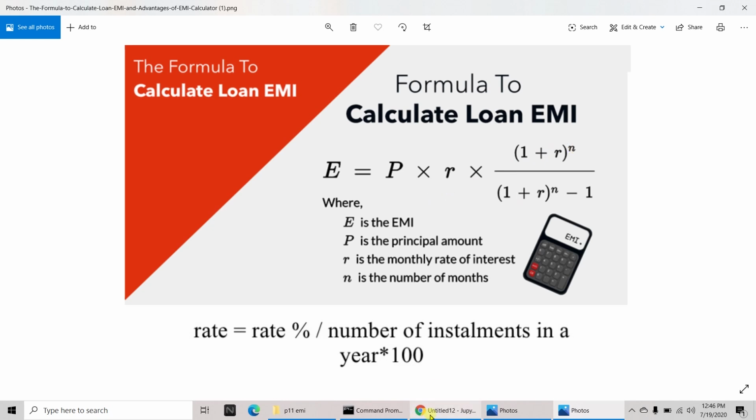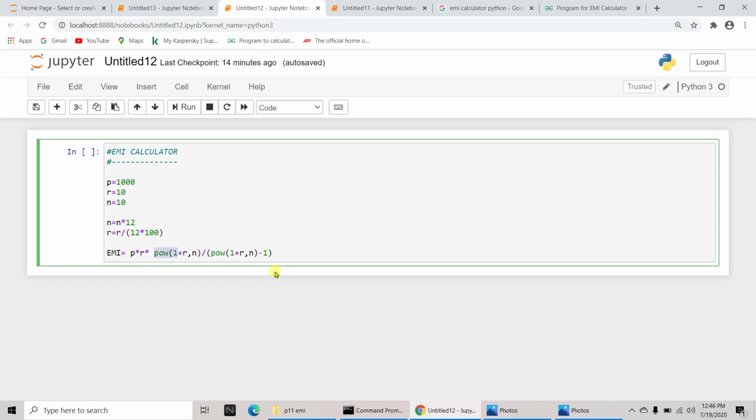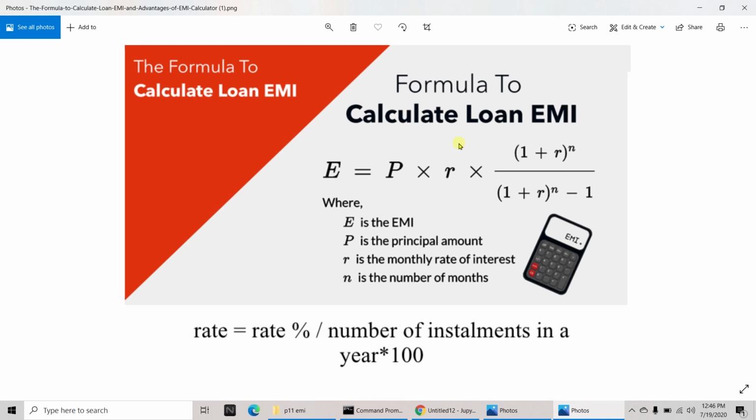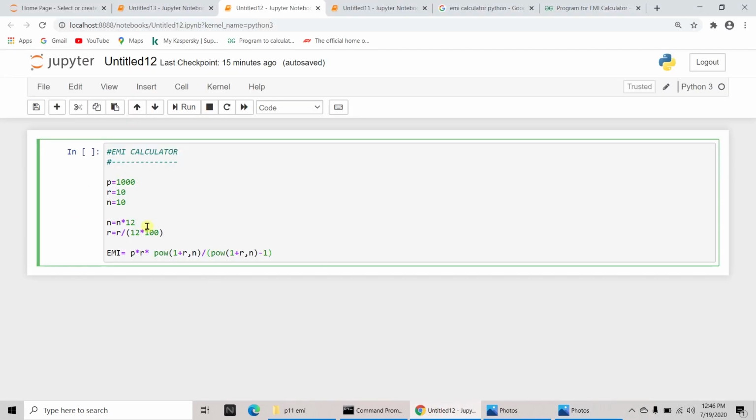Fine. So the basic intention of this particular program is not the formula. You are going to learn how to calculate EMI, how you apply this complicated formula, and how you convert this complicated formula to a Python program. That's the main thing. So let me give another bracket here.